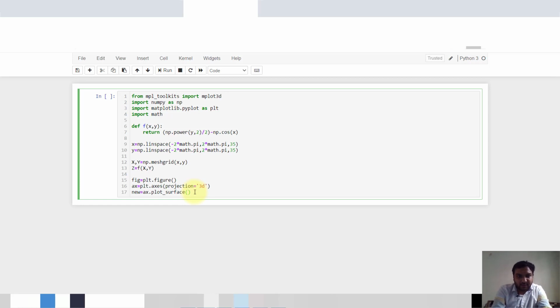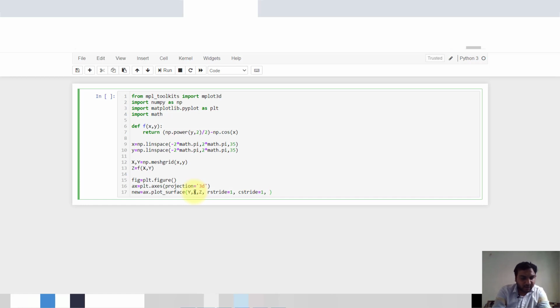Along the z, x and y, it will take x, y and z, and rstride is equal to 1, and cstride is equal to 1.